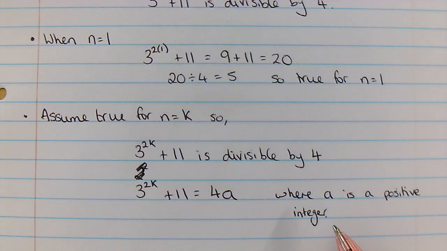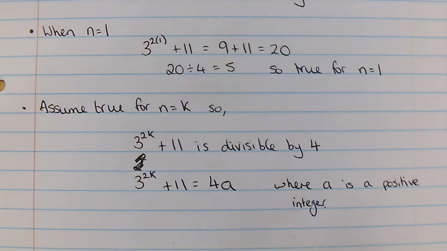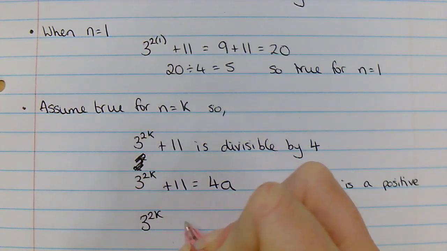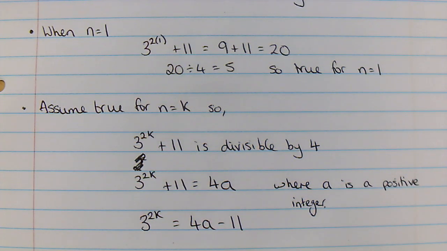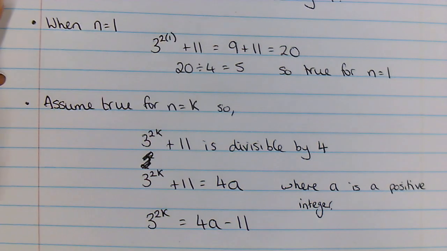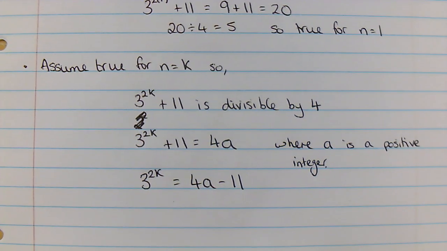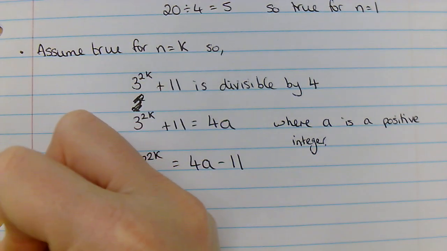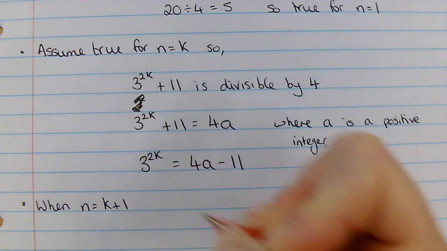Okay, and therefore, because in a moment we're going to have to let n equal k plus 1, we can rewrite this so we just get the term with a k in on one side. So we can write this as 3 to the power of 2k equals 4a minus 11, just so we've got the part that we need with a k in. Okay, so the next bit we do then is when n equals k plus 1. Remember, we need to show that it's true for this one. So when n equals k plus 1,